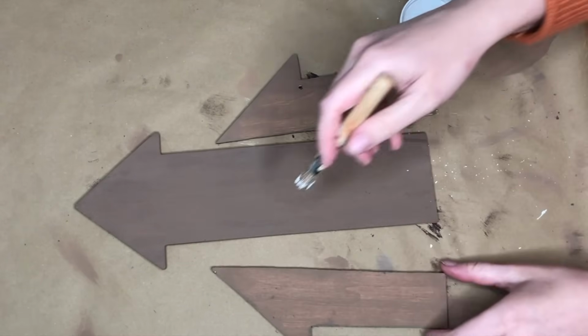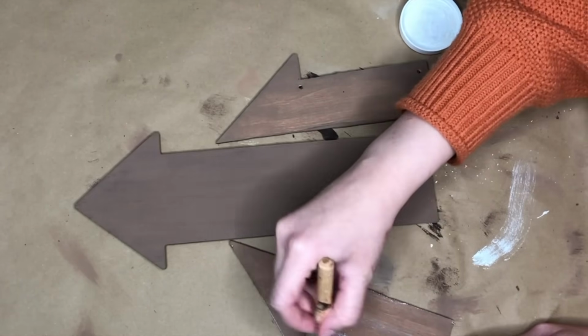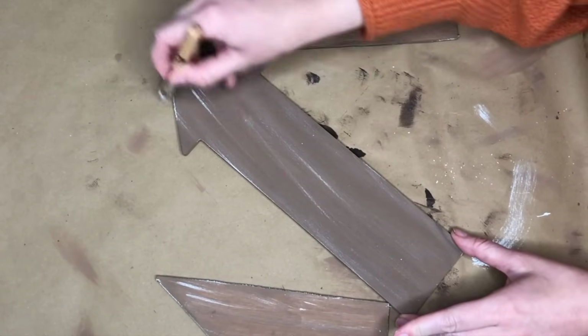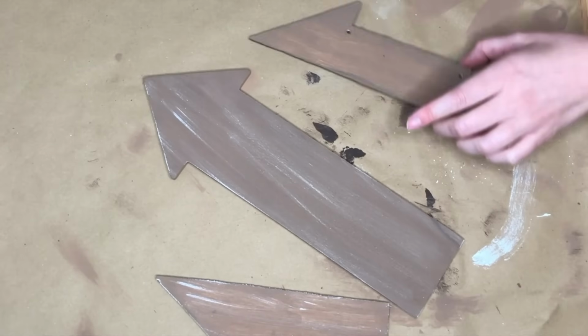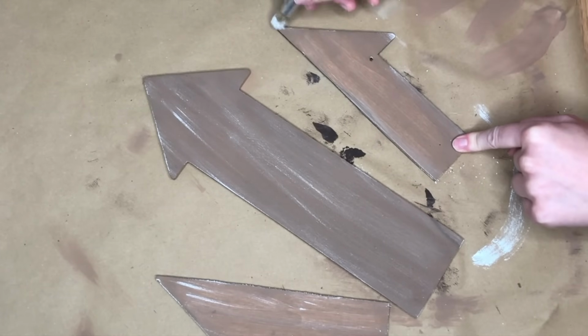It really kind of created a fake wood. Well, it was wood, but you know what I mean. It came out looking a little bit more like barnwood. And then for the smaller arrows, I just flipped them over and painted them in a lighter brown. And then I went in with white paint and dry brushed it to again make it look like that barnwood